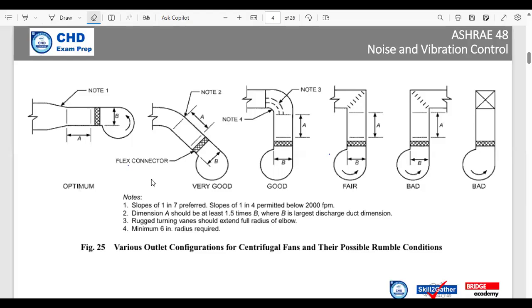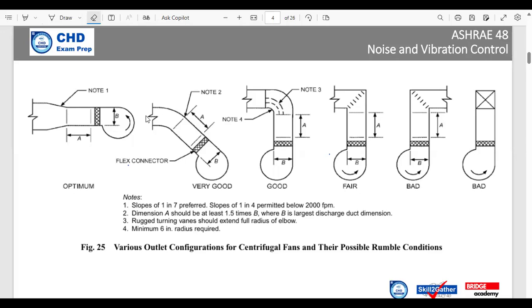Okay, now let's talk about noise and vibration. In many cases, designers and engineers make mistakes here. As a result, we have high noise and vibration, and we do not want to have noise and vibration in our project. If there is any vibration detected, it is going to result in a high amount of rework, which we really want